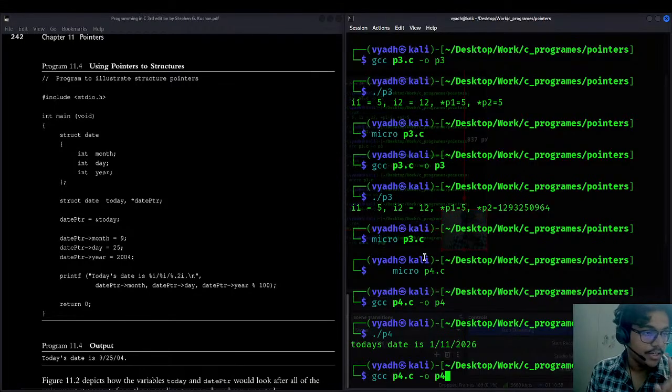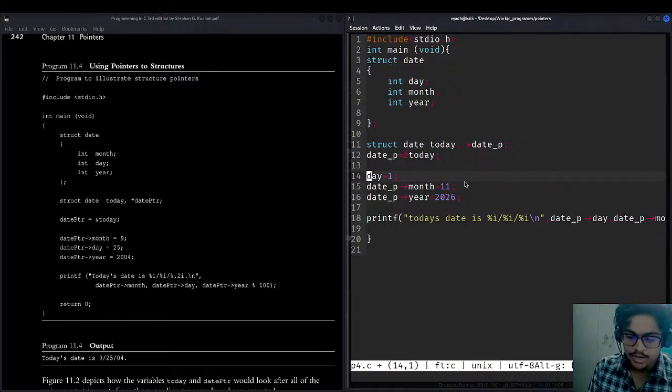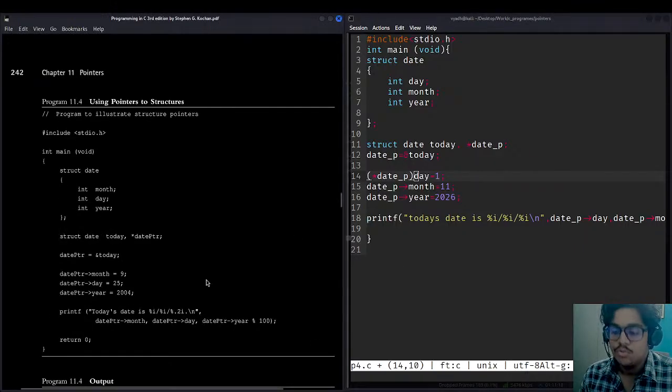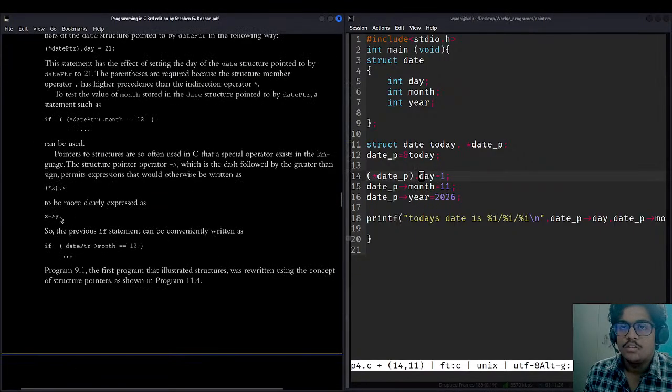So let's try that syntax also. It is like starting the bracket, pointer, then using date p and date p. It was like this, no? I have to use dot also. This was the syntax, I guess.